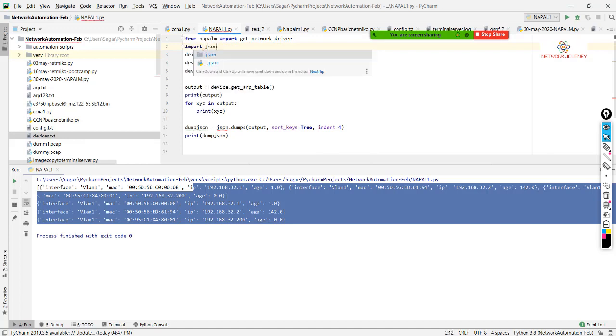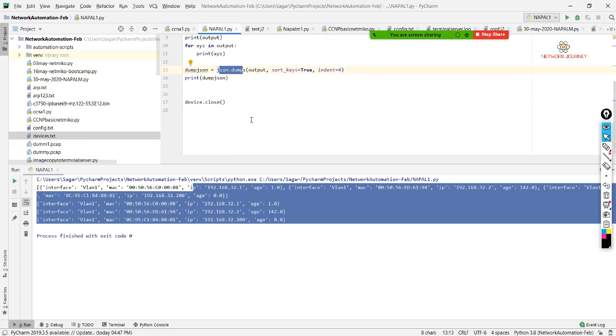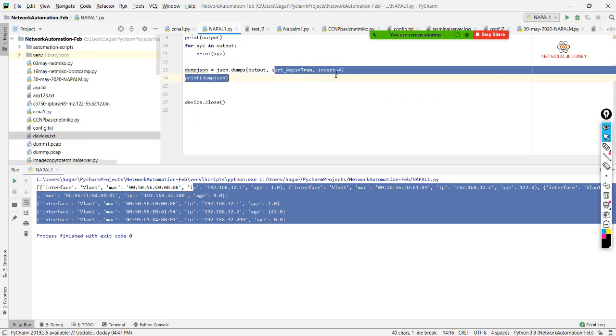You are writing a functionality to bring the JSON, but you are not calling it, so that's not going to work. So you have defined JSON, and you are writing the JSON dumps, which is a predefined command for Python JSON integration. I'll tell you what this does.